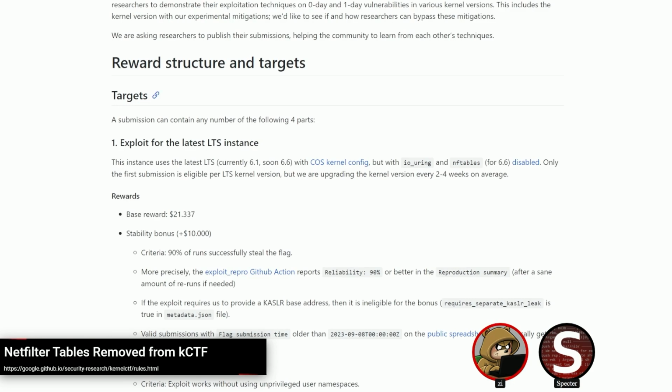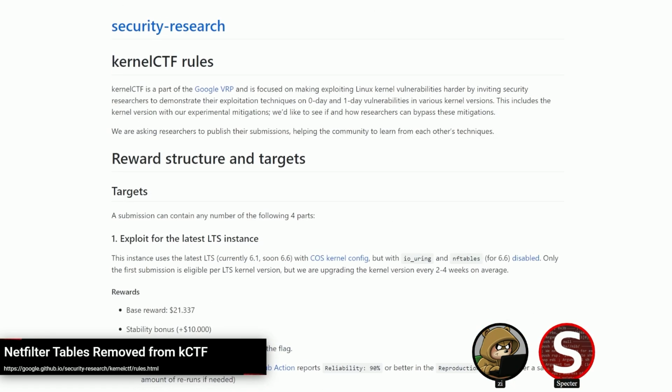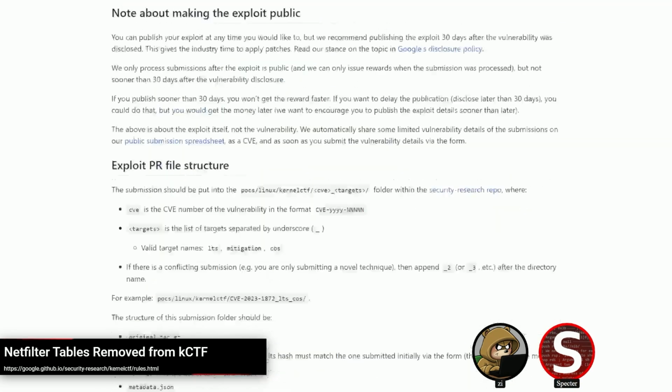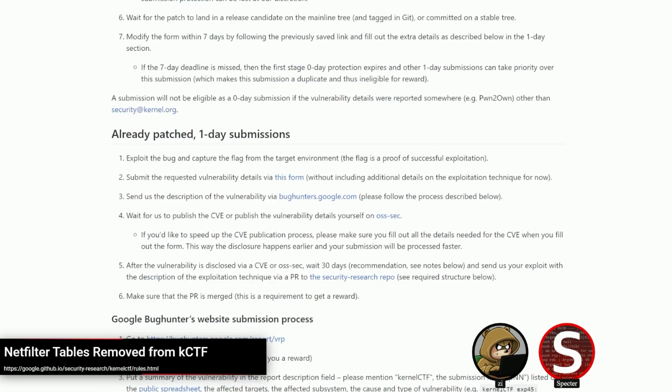Yeah, I mean, obviously Google can run it how they want to, and if they were receiving a lot of reports there and they wanted to block down that subsystem, okay, fine, that is their prerogative. But like I said, I do think it will result in fewer submissions, because as you're eliminating these kinds of attack surfaces, you are driving the attack meta towards more of the kernel core, and you're hitting vulns that are going to be more universally applicable, which drives the value up a lot. So unless they increase their payouts, which maybe they will if that happens, and if they do, fair enough. But if they don't, I think they will see a lot fewer submissions,